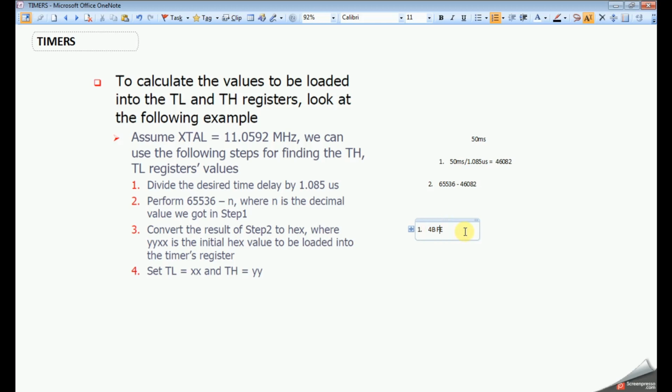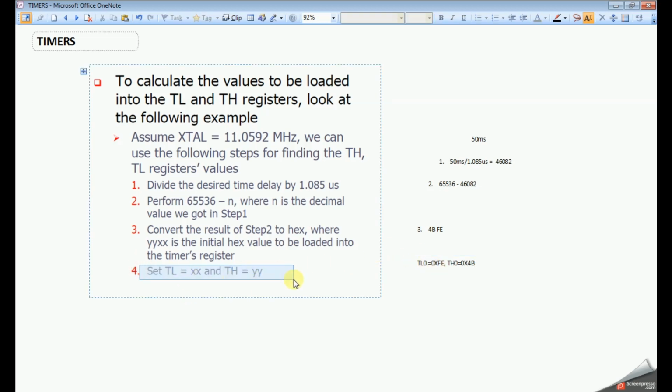This will be the third, and the fourth step should be: TL0 should be loaded, if we are using timer 0, with 0x FE, the lower byte, and TH0 with 0x 4B.